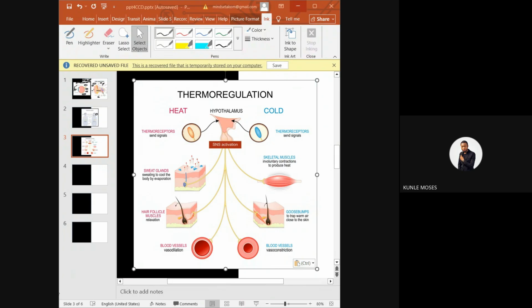Temperature is measured with a thermometer, rainfall with a rain gauge, wind speed with an anemometer, humidity with a hygrometer, water transparency with a secchi disc, and light intensity with a light meter. Are you getting it? Am I too fast? Temperature, thermometer; rainfall, rain gauge; wind speed, anemometer; humidity, hygrometer; water transparency, secchi disc; light intensity, light meter.